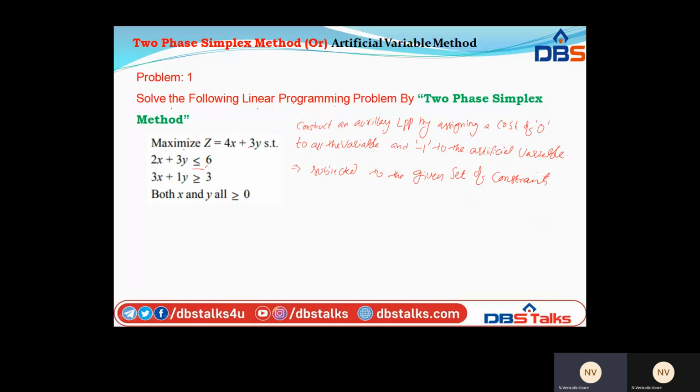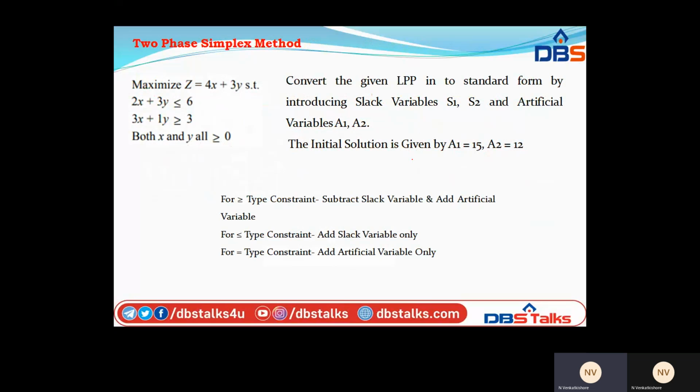All the variables means for x, y, and the slack variables or surplus variables, but -1 for the artificial variable. The artificial variable comes into the picture for a greater than or equal to constraint. This is a very important point. For greater than or equal to constraint, we need to subtract a slack variable and add an artificial variable, and at the same time for less than or equal to constraints add slack variable only, and for greater than or equal to type constraint add